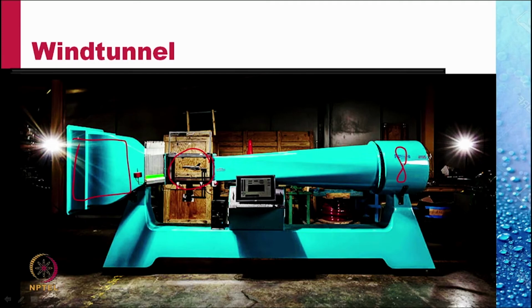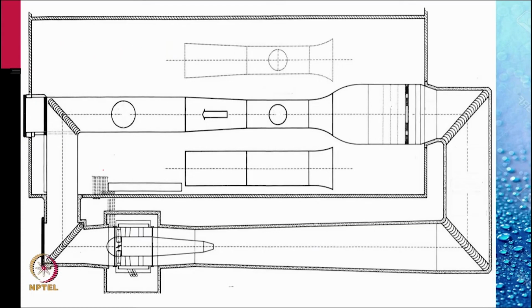This flow needs to slow down at the fan. And so the diverging length, termed the diffuser, is much longer than the converging length. This is to prevent the separation of the flow in the diverging portion. These wind tunnels can be small or can be big. One of a very big tunnel exists in IIT Kanpur,